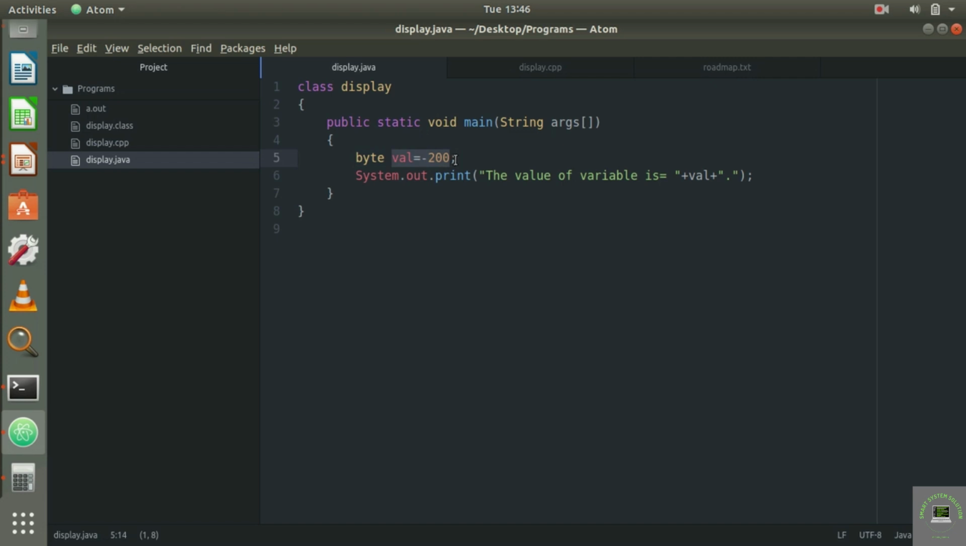Now let us have a look at how to store a character. For character, we have a data type char followed by a variable. Let us name it ch. Char ch equals to a particular character. Now a character is always enclosed within single quotes. Suppose I want to assign character A, then A has to be enclosed within single quotes. So the character A would be assigned from right hand side to variable ch, and then